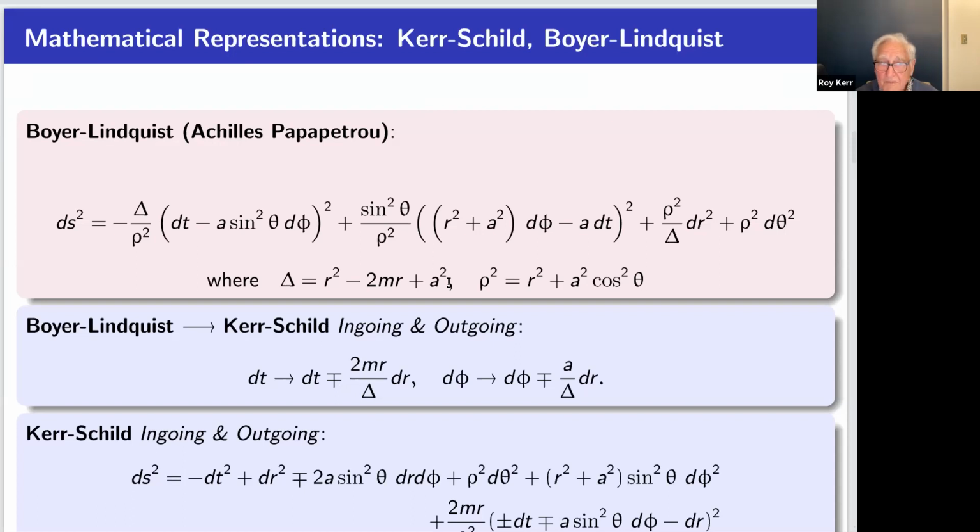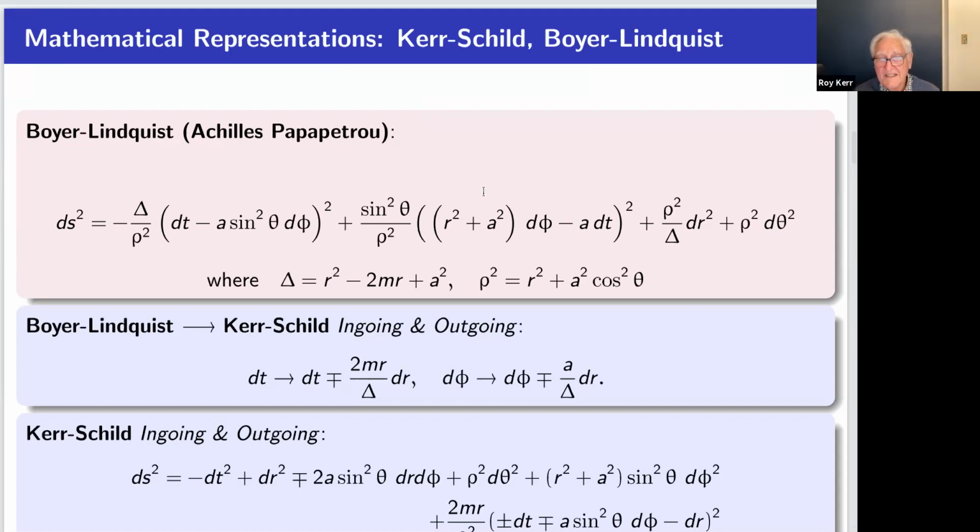There's another thing we can pick out of Boyer-Lindquist. If you notice, if you change the sign of t and phi, both, or dt and d phi, that's the only place the t and phi occur, then since this is squared, there's no change in the metric. There's no change in the metric here, and t and phi don't appear elsewhere. So the metric is invariant under this flipping of the time and phi.